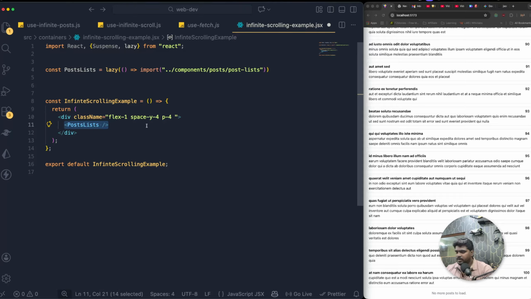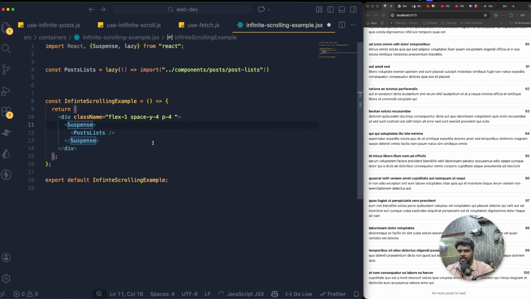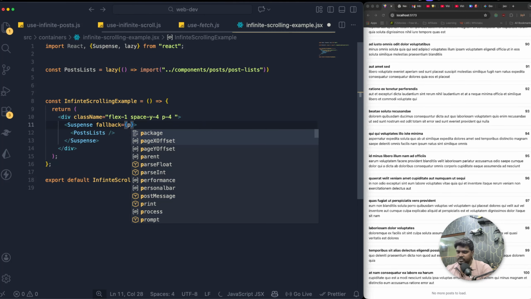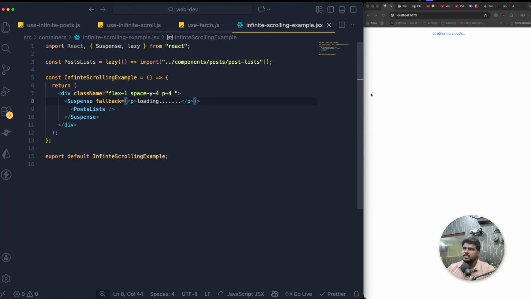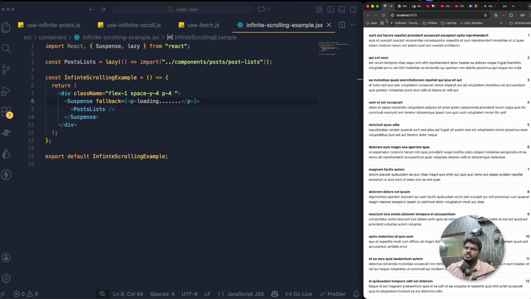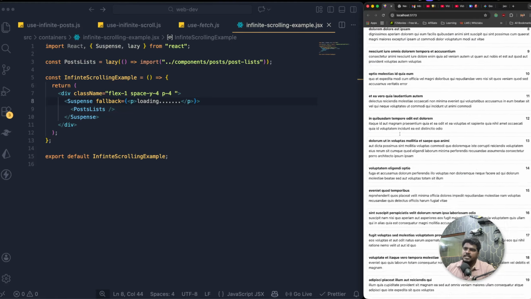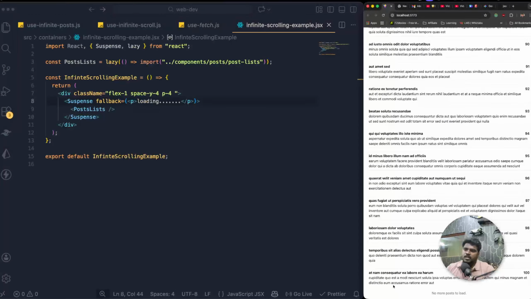Then here what I'm going to do is cut it out. I'm going to bring the suspense, then bring the fallback, which is going to be a UI. You have to use a different UI for loading. I'm just going to simply say loading, something like this. Now if you refresh it, initially you can see the loading, and you can see that data has been pulled from top to bottom. If it is still loading, it will show the loading stuff over here, or it will display the no more post to load over here, right? So that's the beauty of using suspense and lazy loading with the fallback UI,